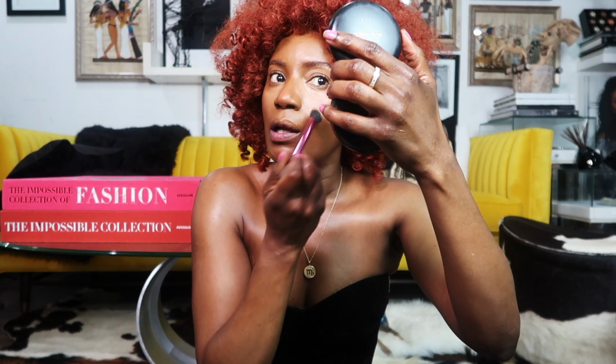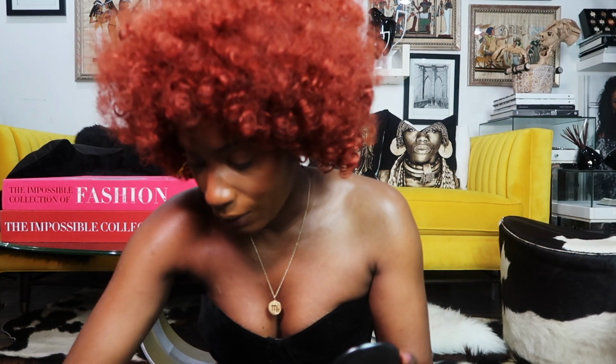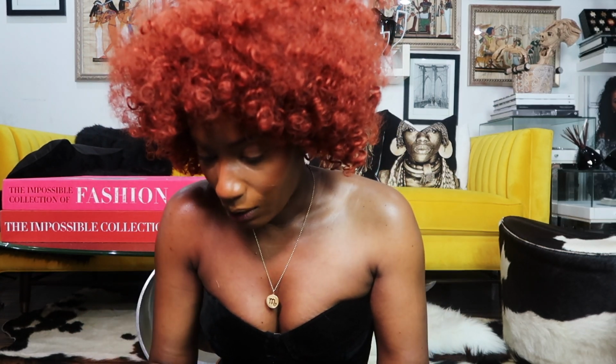Remember, we're going for that fresh, dewy skin, like Mally Mag says, that brown girl dewy skin. That's what we're going for. And I absolutely love the way that looks already. That looks so amazing already. Look at that. I'm gonna add a little bit more blush because